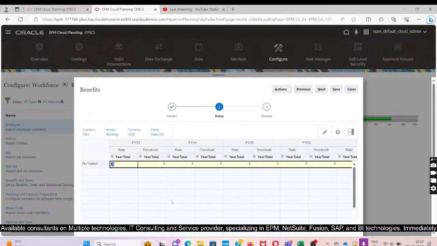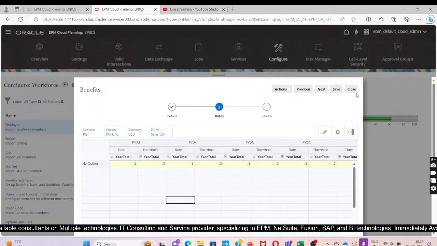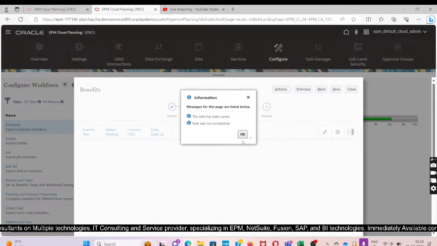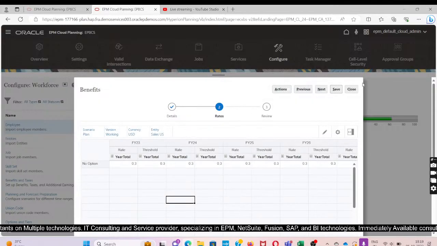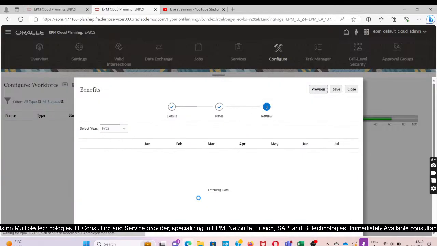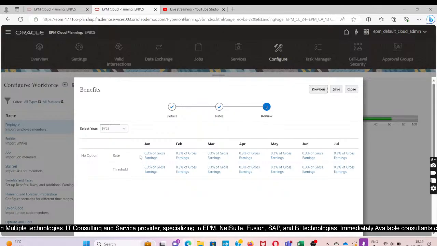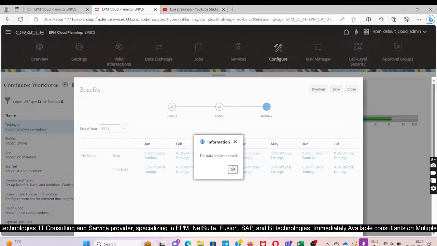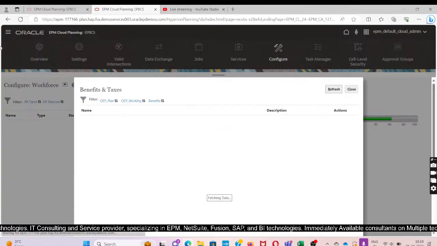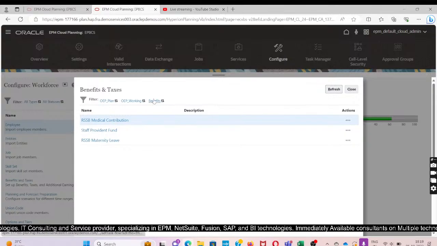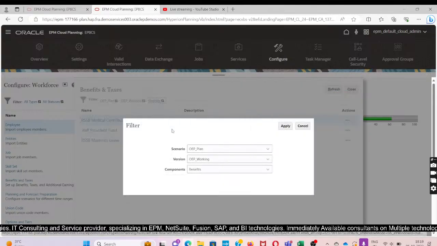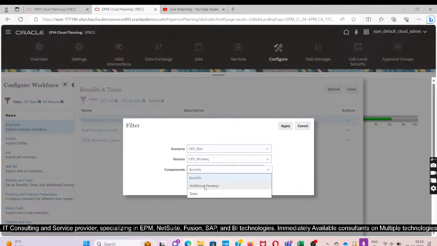And here we go. After giving the value as 0.3%, I will save it and then I will click on next, and here we can see that the rate is 0.3% of gross earning. Okay, after saving it I will click on close. So here we have defined the value for the benefits, and now we are going to move forward to the